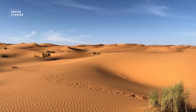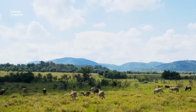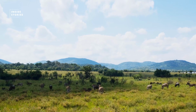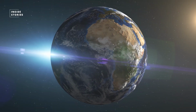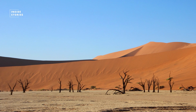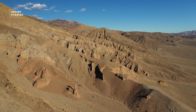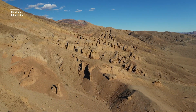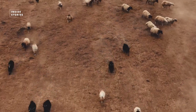But it didn't always look like that. 6,000 years ago, the Sahara Desert was a green grassland covered with vegetation. A slight wobble in the tilt of Earth's orbital axis turned it into a sandy area where almost nothing can grow. In that case, we speak of a process of natural desertification, which is in contrast to what is happening